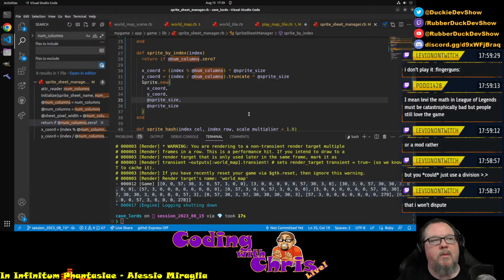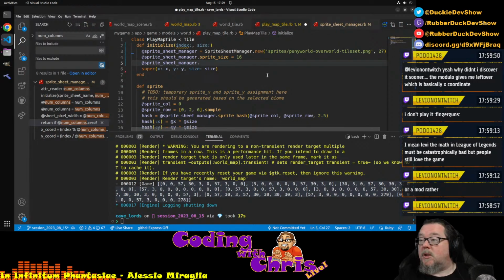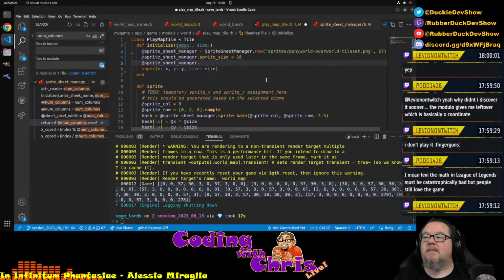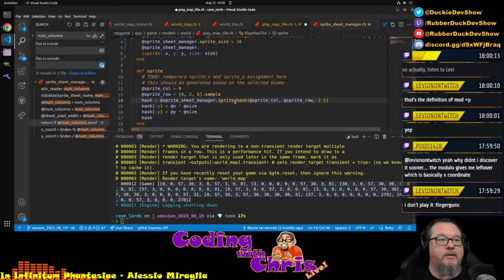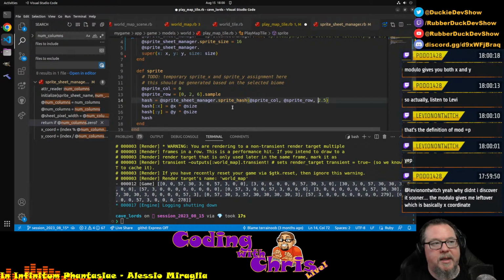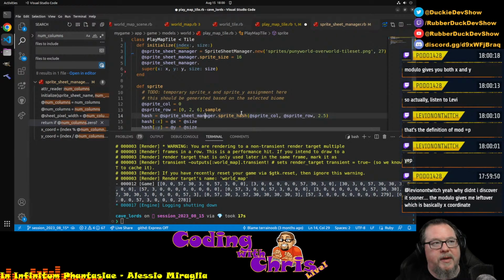No, I just want the column and... all right. I'm getting tired and stupid here. What I'm trying to get to is actually this sprite hash. So what I need is the column and the row of this index. So if the tile just knows its index,